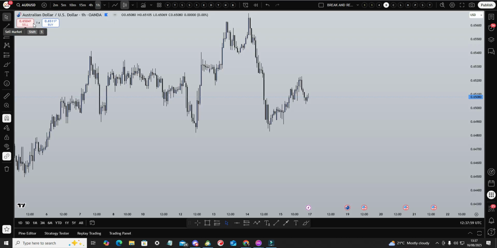Now I'm about to show you guys, and girls, how the break and retest basically works on anything and everything, and how you can apply it to its maximum potential and start getting those payouts